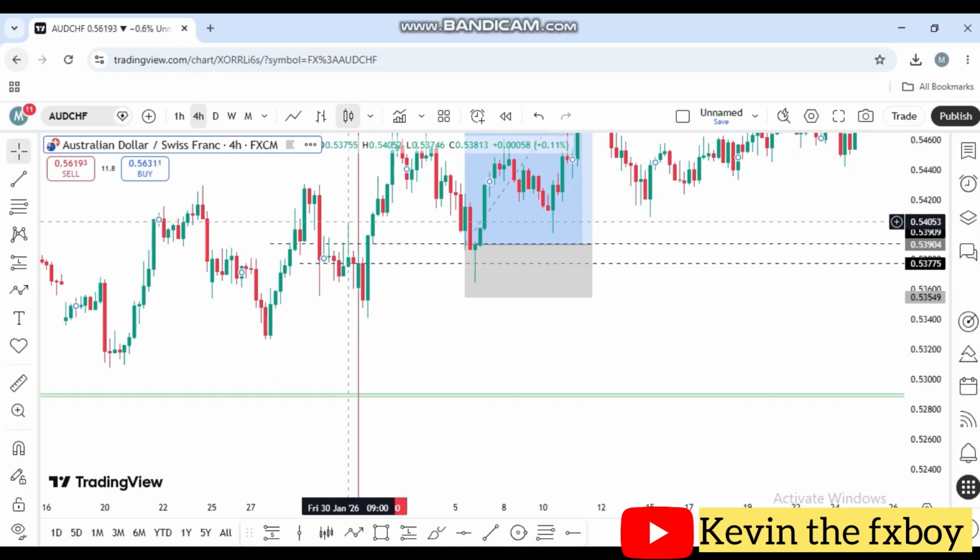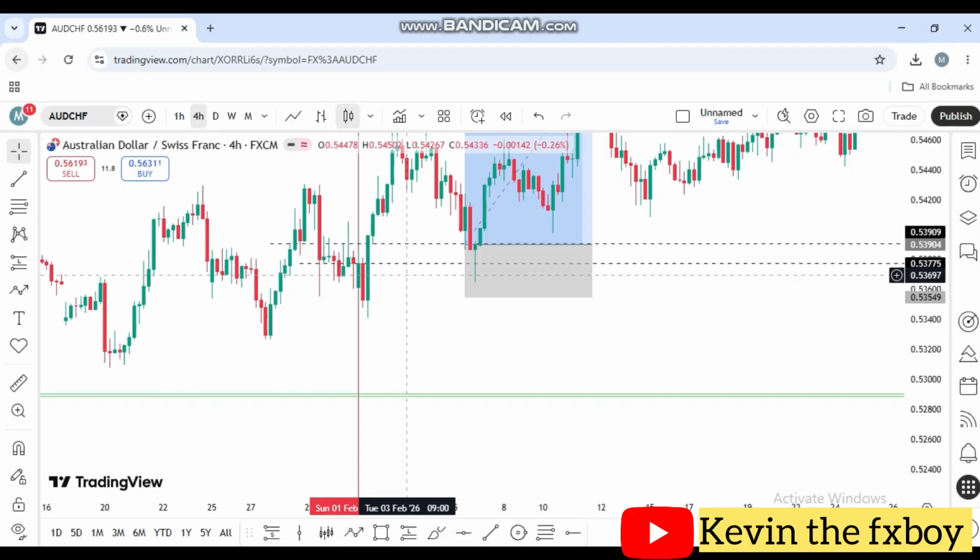I refined this zone from the daily down here to the H4, and I was also supposed to refine it here, but I did not refine this last daily support. I didn't refine it. I left it that way. I would have also refined it, but I'll explain why I didn't refine it as time goes on. So here I was able to